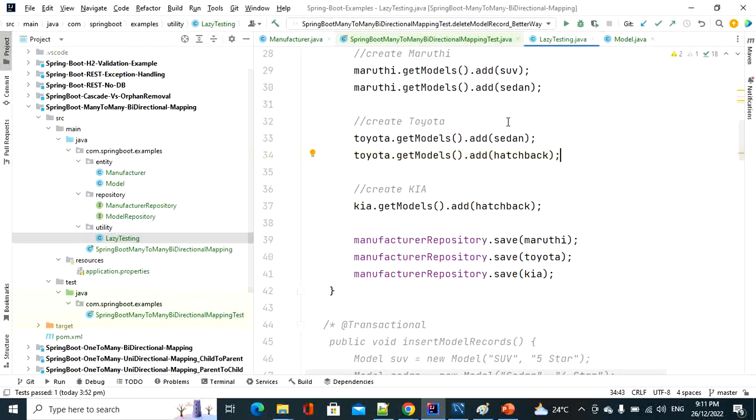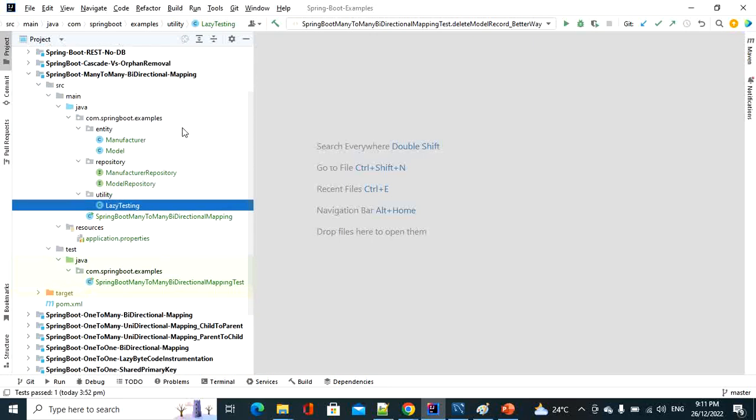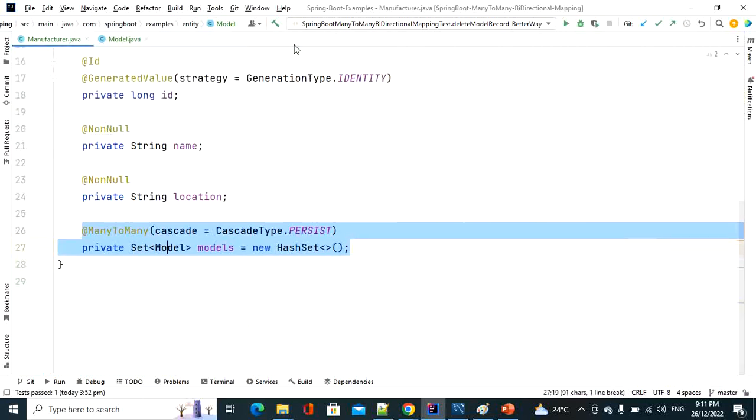In order to save time, some time before I created a demo project. Here you can see the many to many bidirectional mapping. I will walk you through the code that I have written here. Here, I have two entities, manufacturer and model. Basically, many to many in the sense,